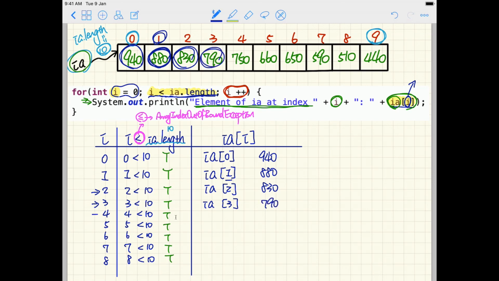And then what about here? That'll be IA at position 4, and now it's going to be 750. Okay, and then we have this line here. It's going to be IA at position 5, and that's going to be 660. And also over here we have IA at index 6, and now it's going to be 650. And here we got